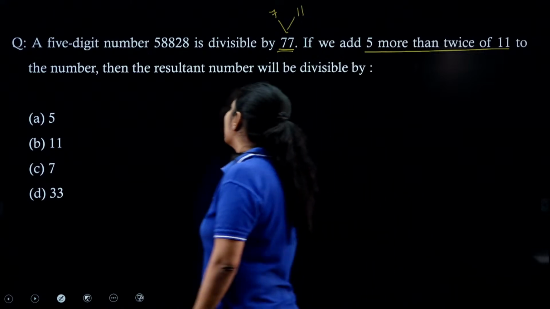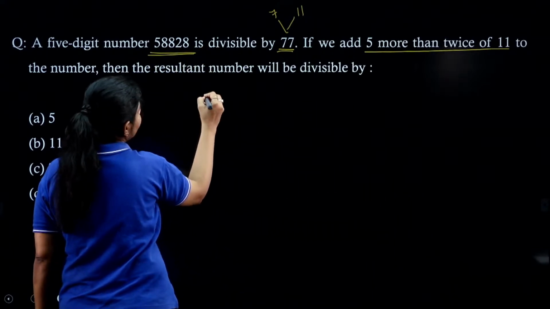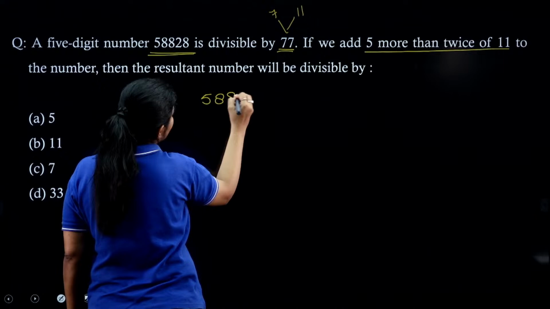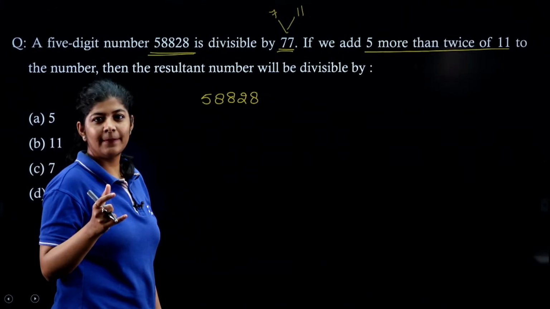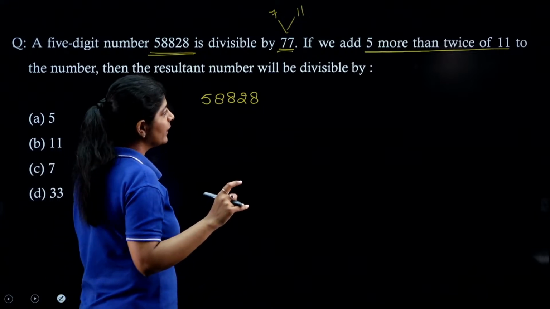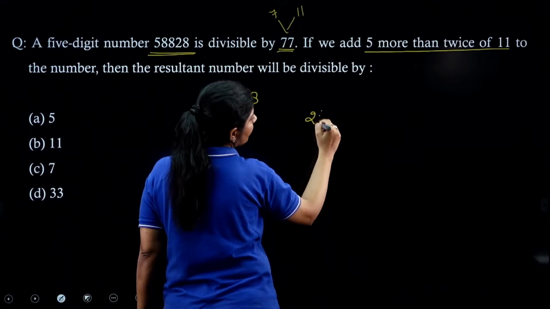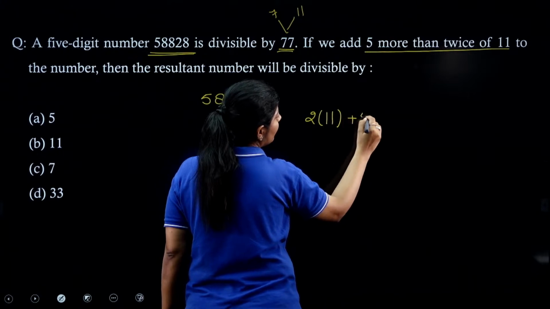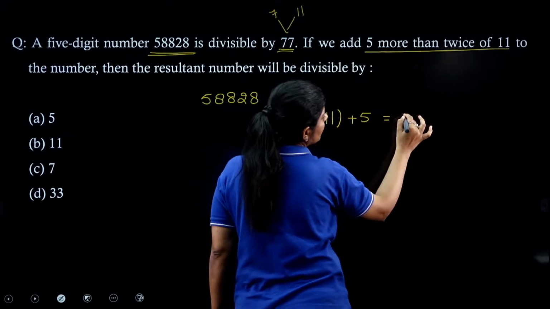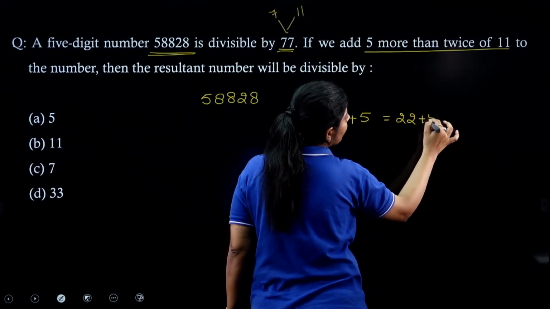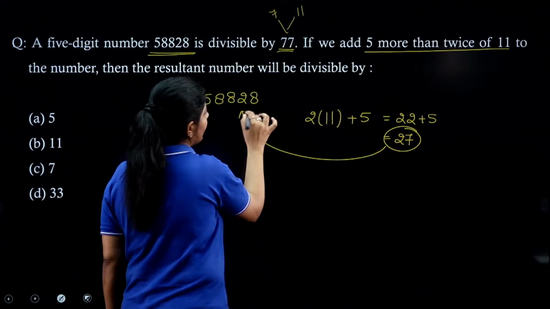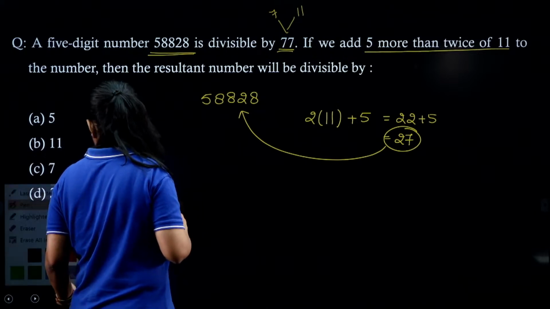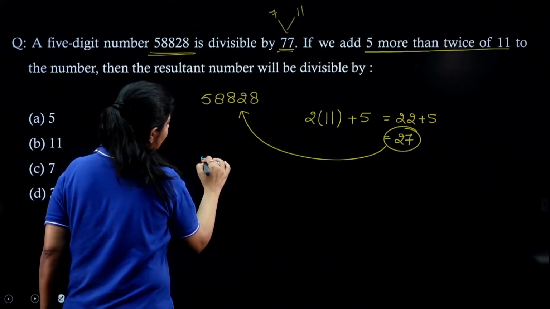Okay. We are having this as our number, right? 58828. Now the question is saying that we need to change our number a little bit. What we need to do? We need to add twice of 11 and 5 more. That means we need to add 22 plus 5. We need to add 27 in this particular number, right? If we add 27 in it,